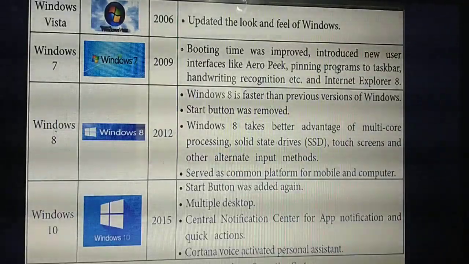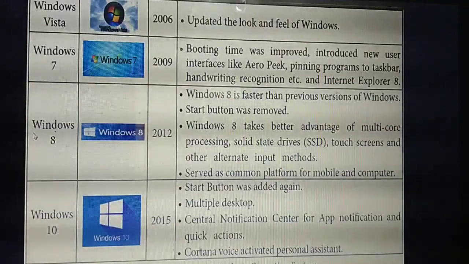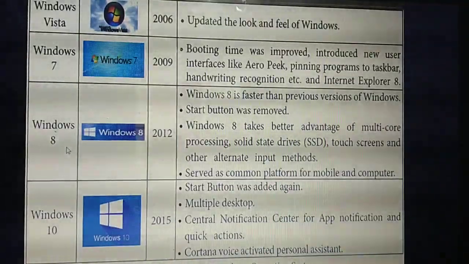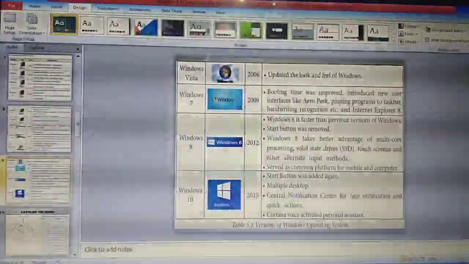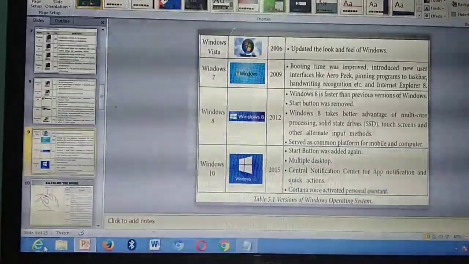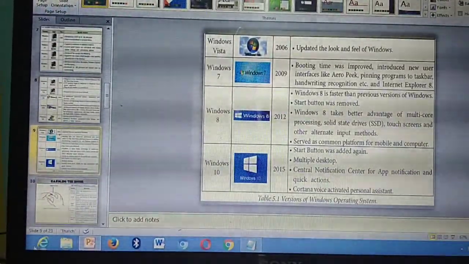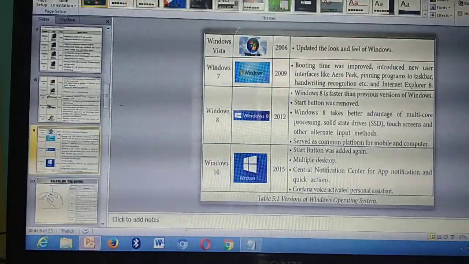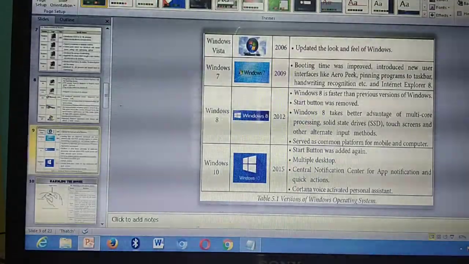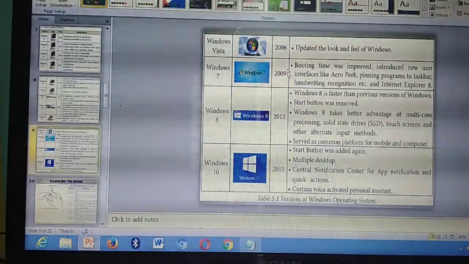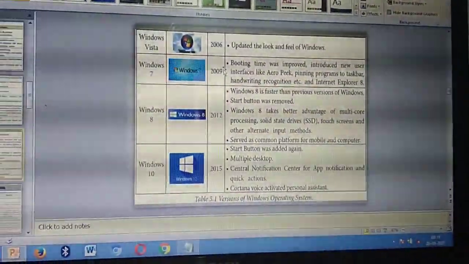Here there are a lot of programs. You can pin the programs in the taskbar. What do you mean by pin the programs? I have shown before. Listen, is it visible for you? This is the taskbar. I explained, no? You can pin programs. I have a lot of applications in my laptop. You can pin a lot of things in this taskbar. That feature was introduced from which year? 2009. That's the important feature.